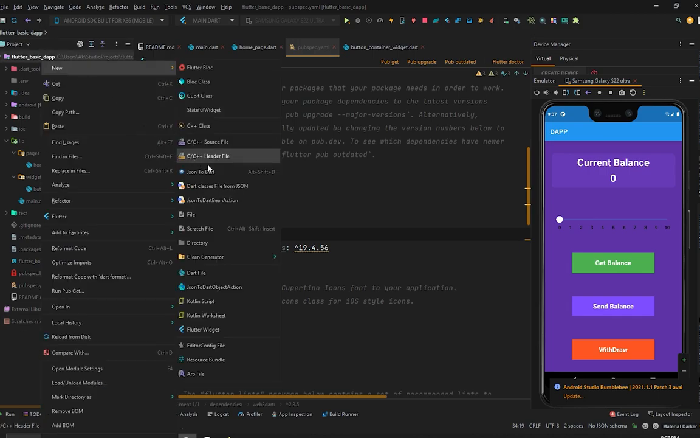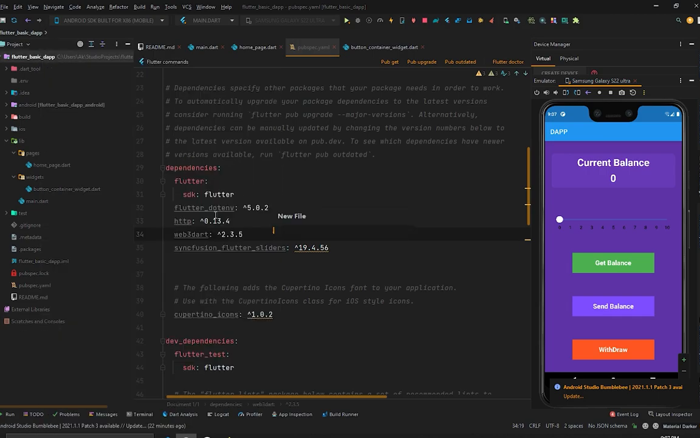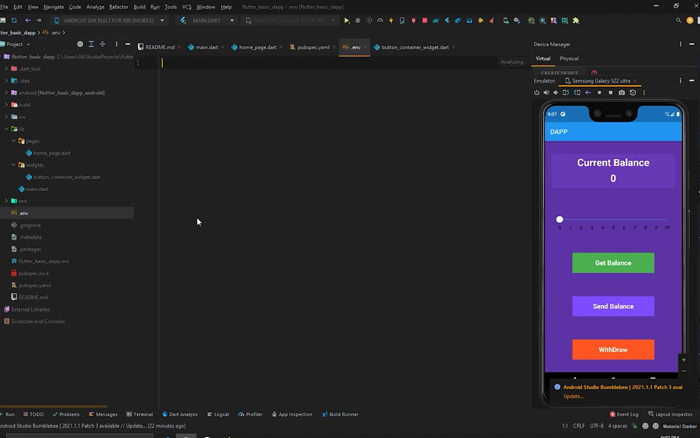file, not a folder but a file, .env, just like this. And we got our .env file. So we are going to have some public and private keys in here. First thing will be